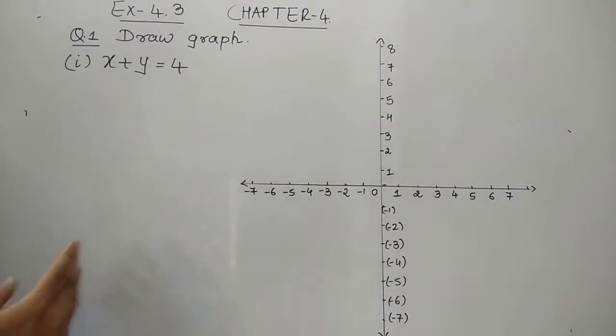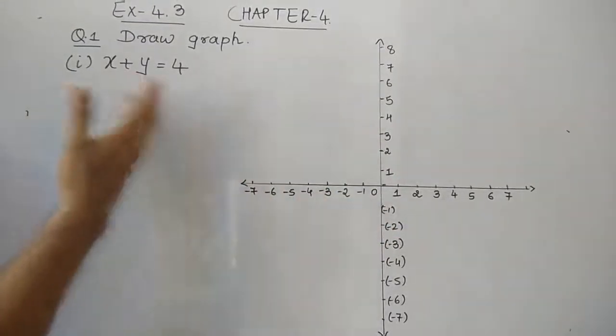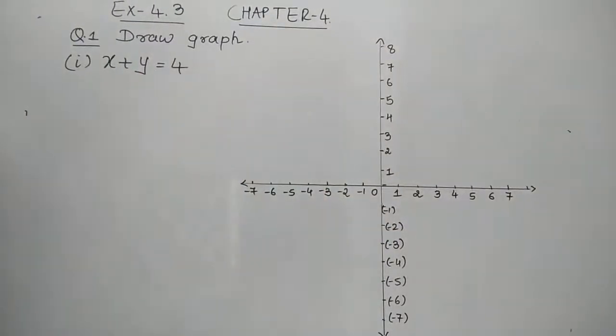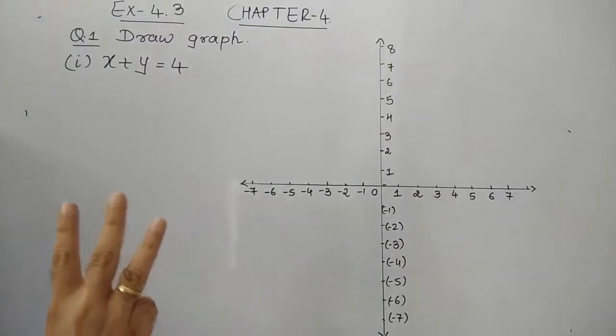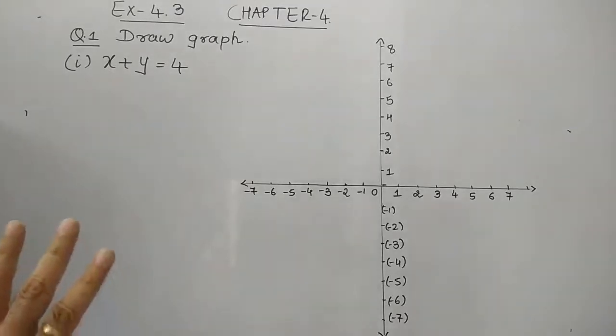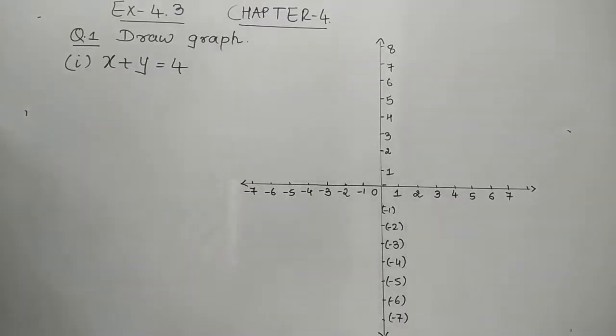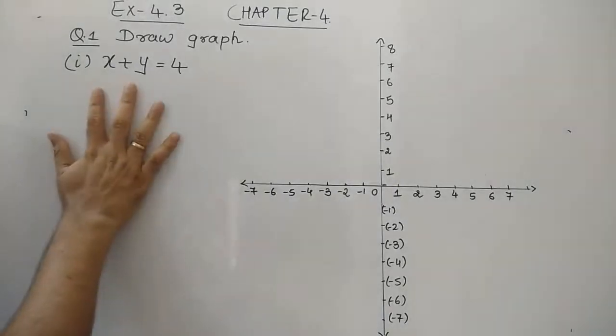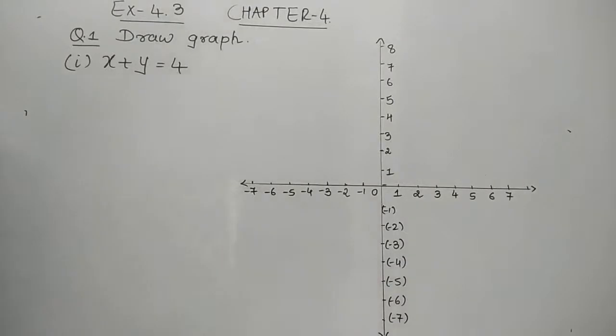Now whenever we want to represent this equation on the graph, remember students, at least 3 points, or we can use the word coordinates, were required. At least 3 values of x and 3 values of y were required. Then only we can easily represent this on the graph paper. So let's start to get the coordinates and to represent on the graph paper.